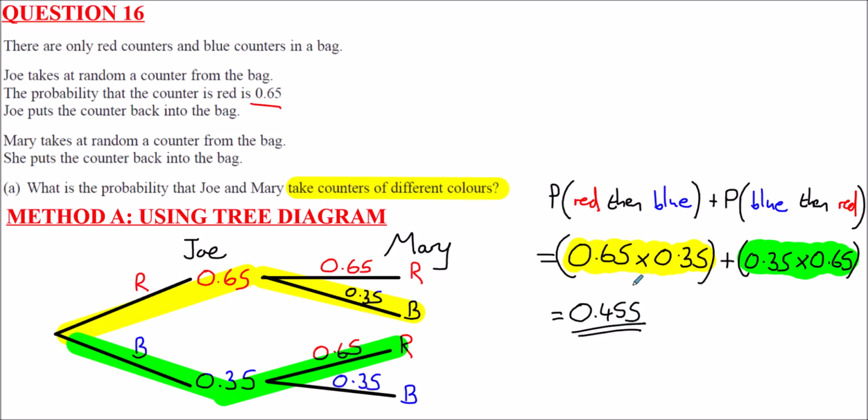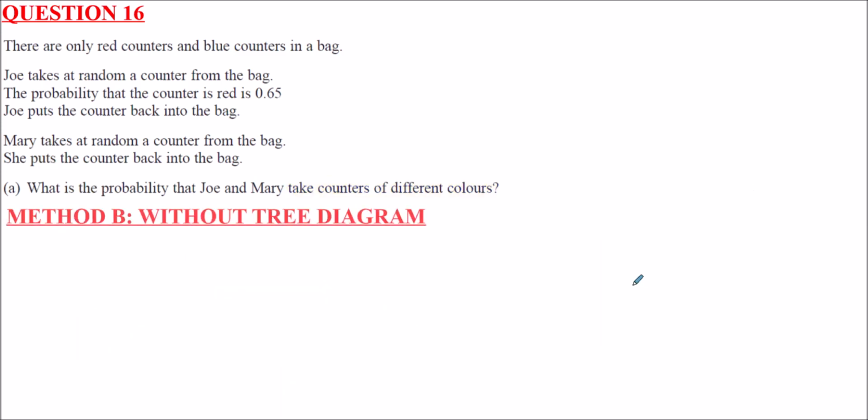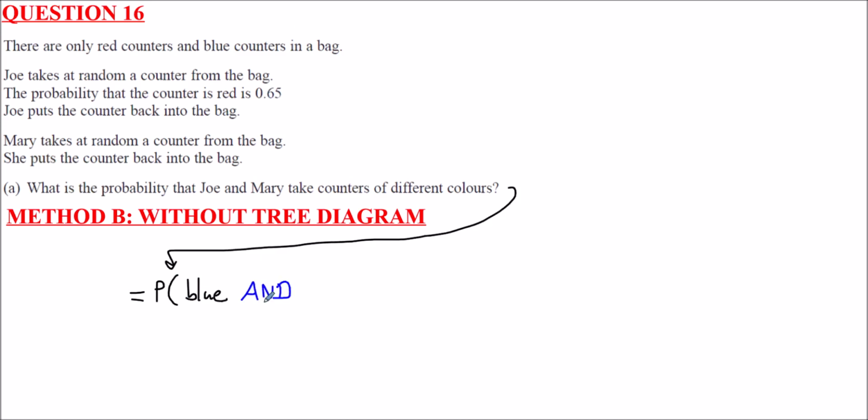We could have done that without doing a tree diagram, so I'll just explain how the wording relates to the solution. About a tree diagram, the chance of these taking different colours is simply the probability of blue first and then red, so one way is blue and then red, plus the probability of red first and then blue. So it's essentially the same as what we saw with the tree diagram, but we can just think of it without having to rely on that